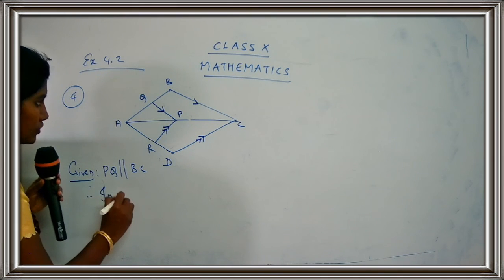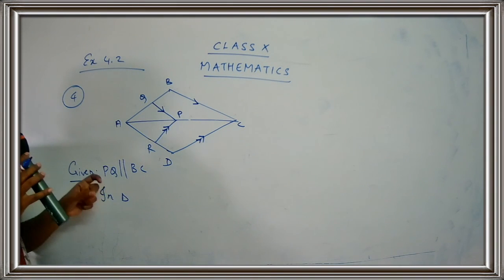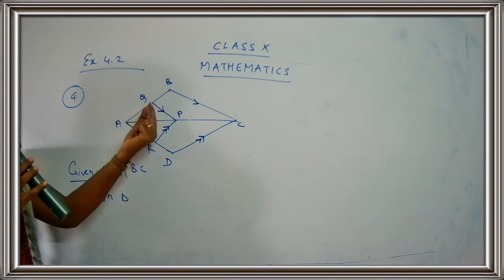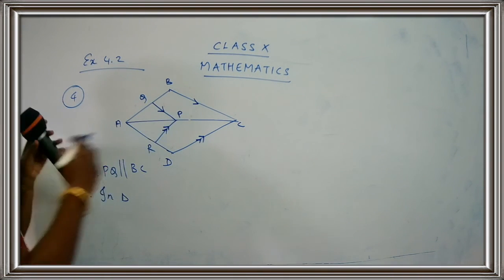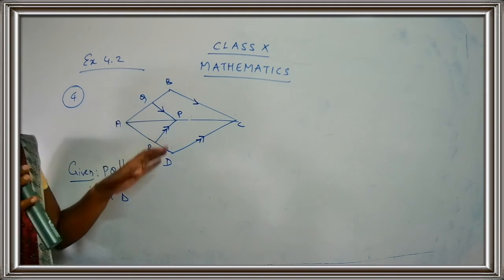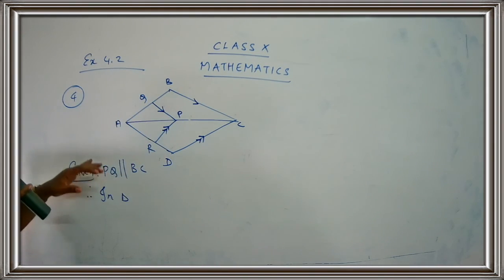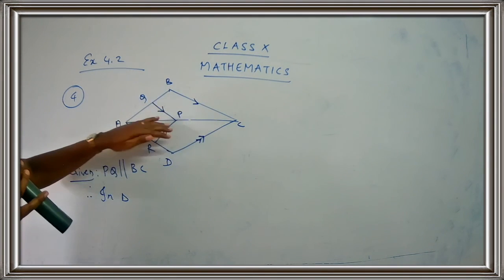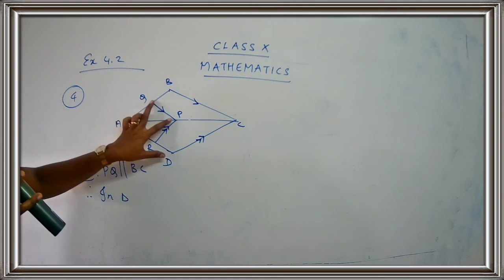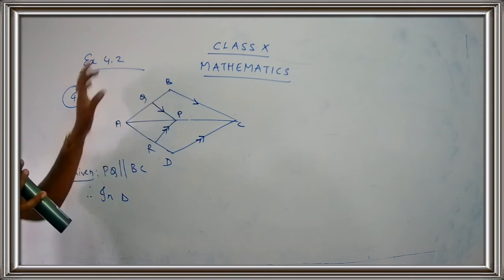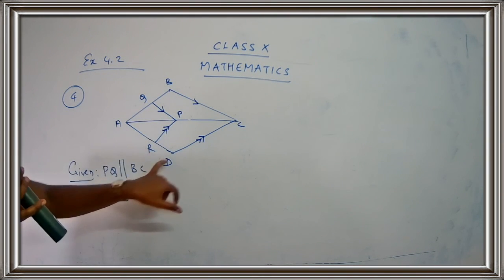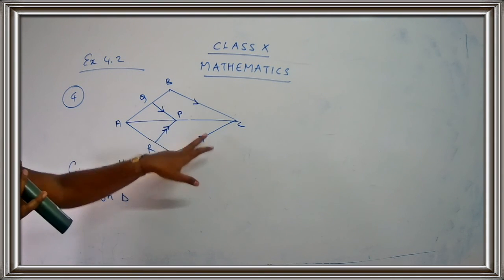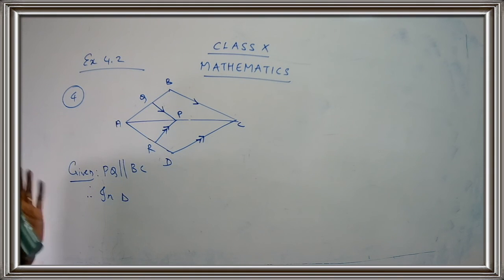Therefore, in triangle, I am just going to consider a triangle which contains these parallel lines. Where are these parallel lines lying? They lie in the triangle ABC. Just see the figure carefully children. When you observe the figure carefully, you have two triangles over here. One is ABC, and for triangle ABC you have the parallel lines PQ and BC. And in triangle ADC, you get again a set of parallel lines, that is PR and CD.